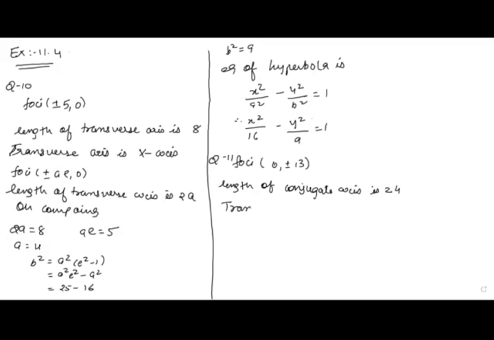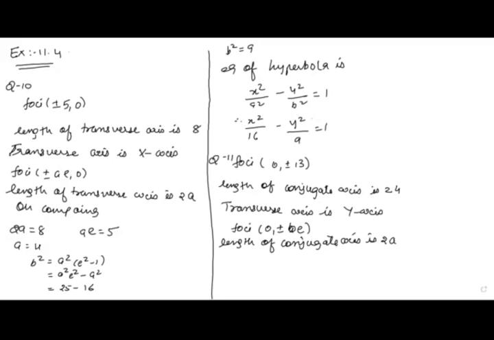Here the transverse axis is the y-axis, and when the transverse axis is the y-axis, my foci is at 0 comma plus minus b e, whereas the length of the conjugate axis is 2a. So on comparing,